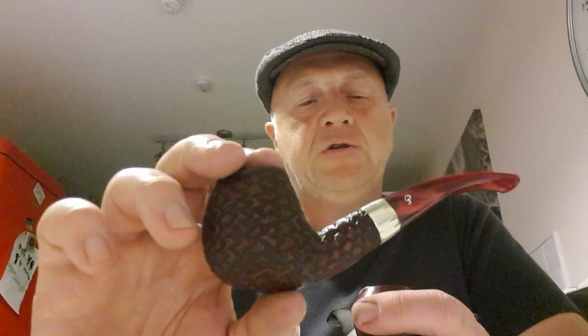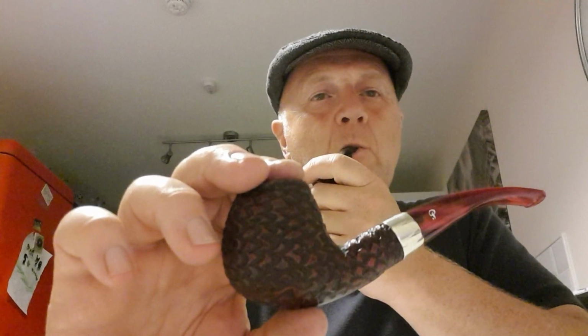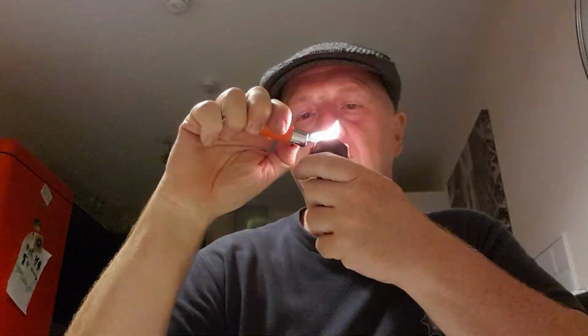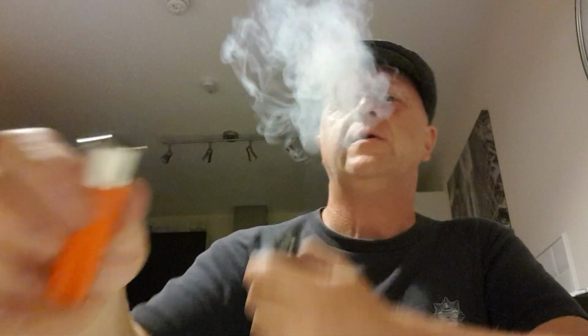I did start smoking some cherry aromatics, but I wanted something close to what the actual tobacco had been for that particular Christmas. So I looked for something that was cherry and vanilla. Saw that GQ do some, so I thought, yeah, I'll go for that. However,